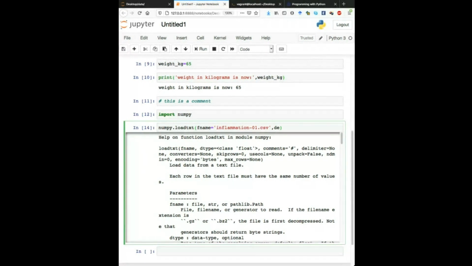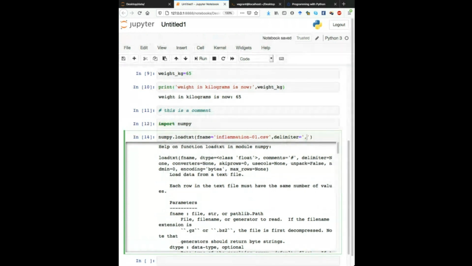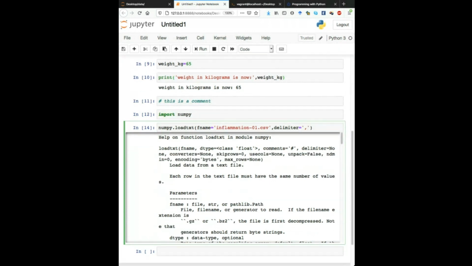I also need to provide this function how the file is delimited. So this file is delimited with this symbol, so the different columns are separated by it. I need to use this file here. So if I hit enter,